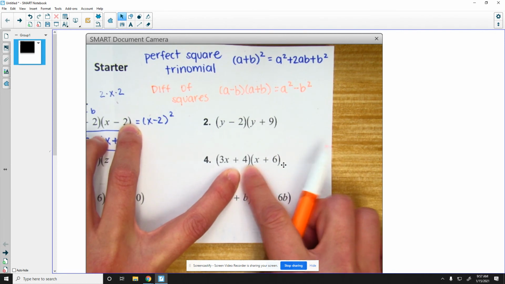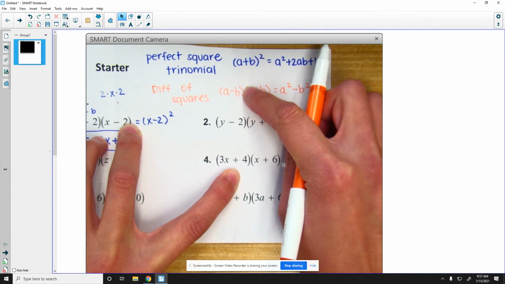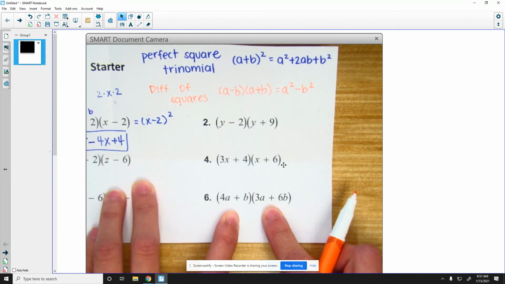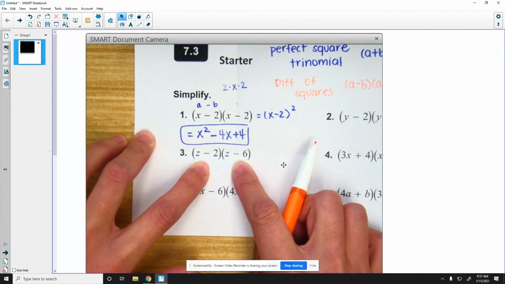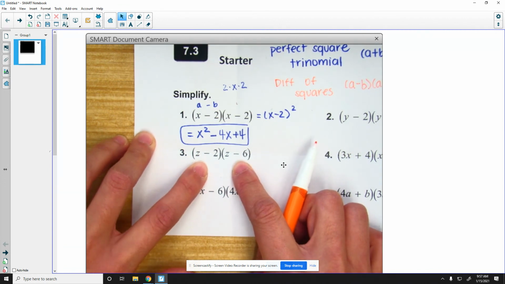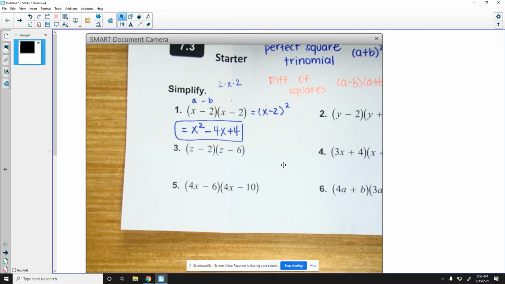You have to FOIL. This doesn't match up with any of these forms. This one, same thing, you would have to FOIL. This one, same thing, you would have to FOIL. Okay, so if you see a trick, use it or don't, I don't care, but you can't use a trick